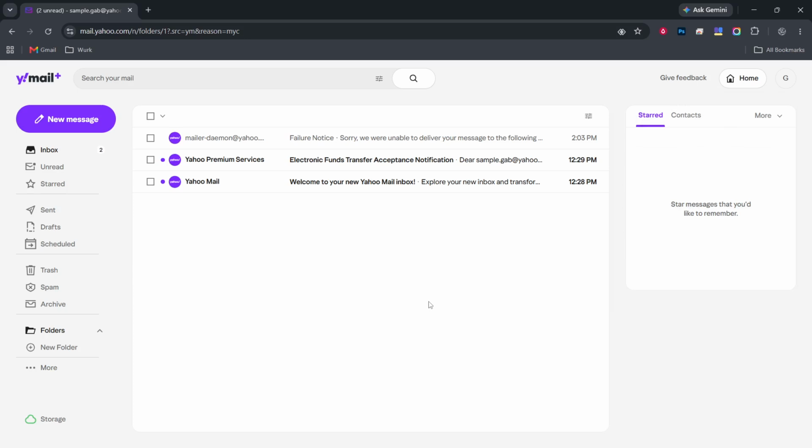Finally, select the account you want to use. When you click on the account name from the list, you will be directed to that particular inbox. This step is important because it allows you to access the emails and settings of the selected account. You will see your emails populate the screen and everything will feel familiar. This smooth transition ensures that you can manage your Yahoo accounts without stress or confusion.